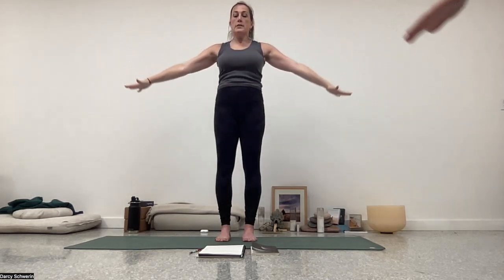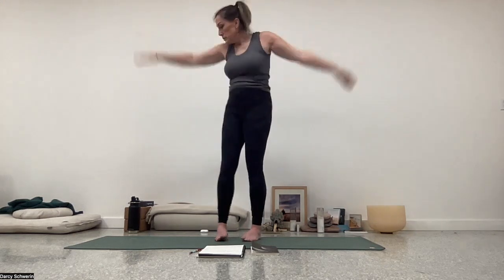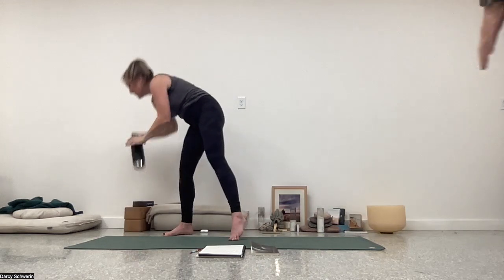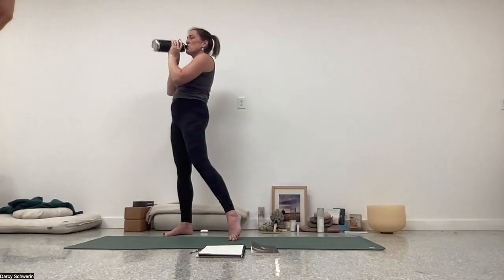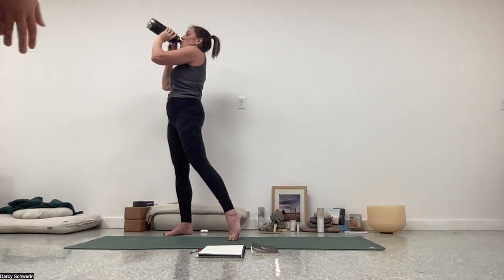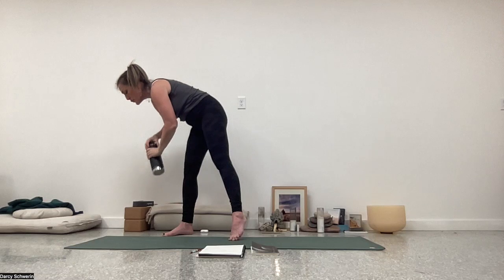And exhale down. Really paying attention to the midline, paying attention to the base of the feet. Inhale up. And exhale down. Couple more. Good. So from here,